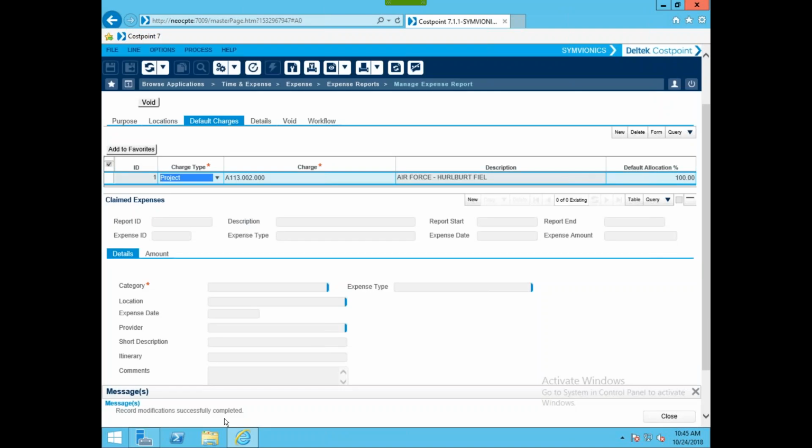And you'll notice the message down here that says your record modification successfully completed, which means your save is good to go. Now, if there is something missing that's required for the system to save this record, that message will also be down here. So if you tried to save but it didn't gray out, so you know it didn't actually save, but you don't know what's going on, look down here towards the bottom